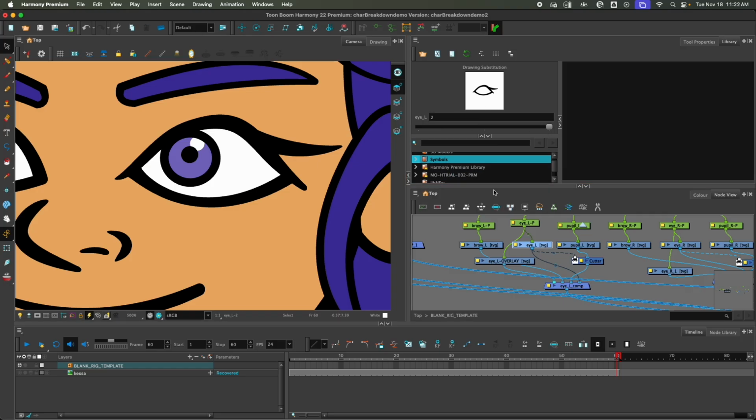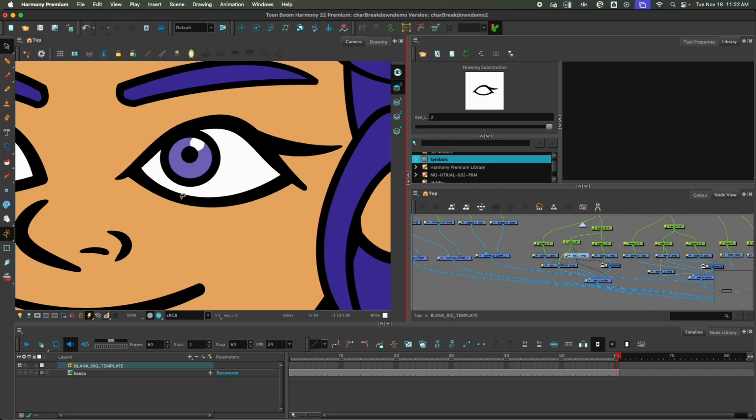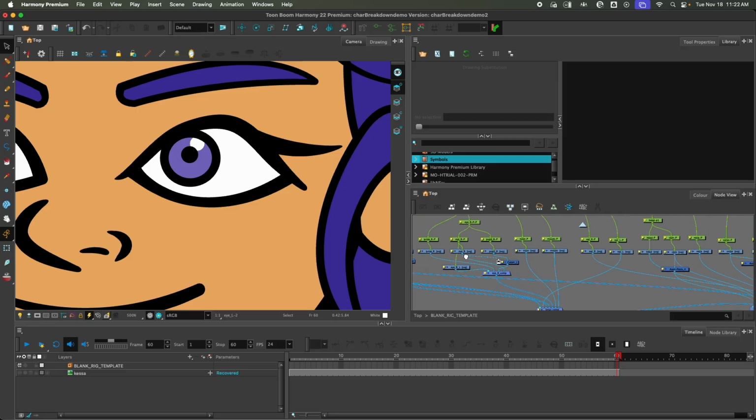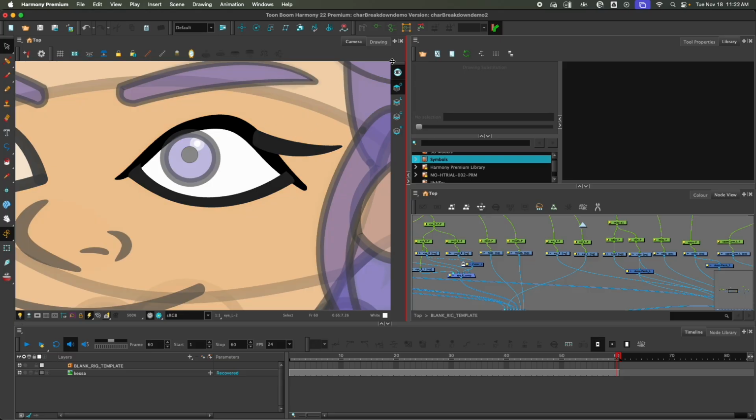So now I want to do a halfway blink for this eye. Couple things. I want to redraw this top line, so I want some reference for that. So I'm going to turn my reference art back on. Now I can't see it. Well, I guess I could turn on that. I can't really see it very good